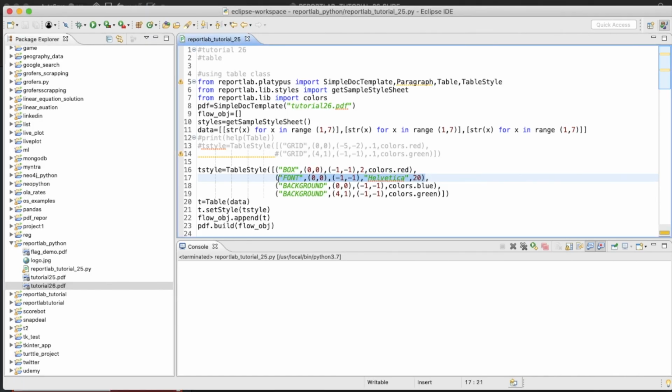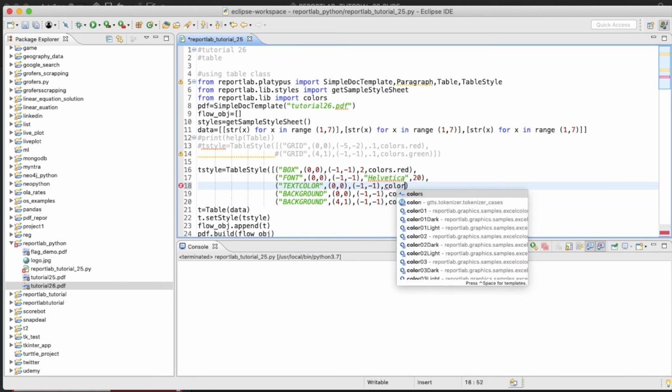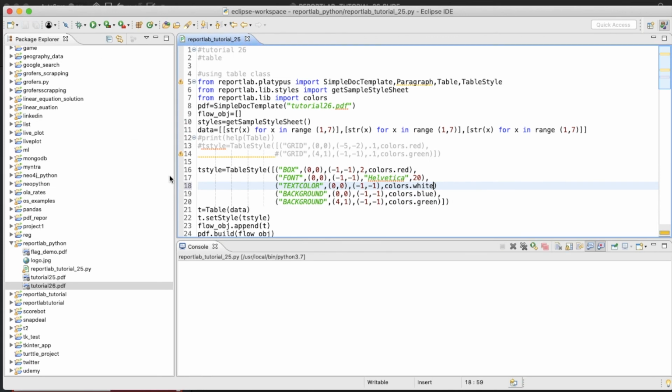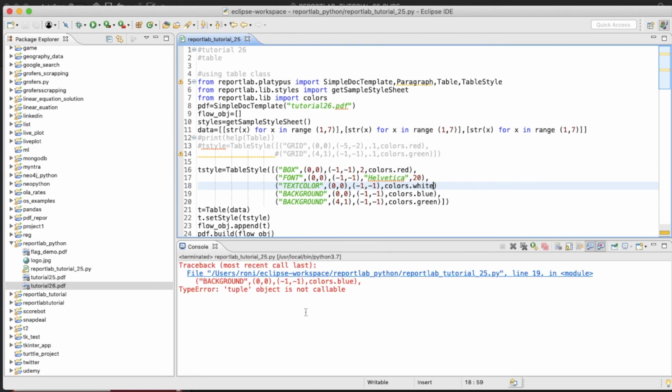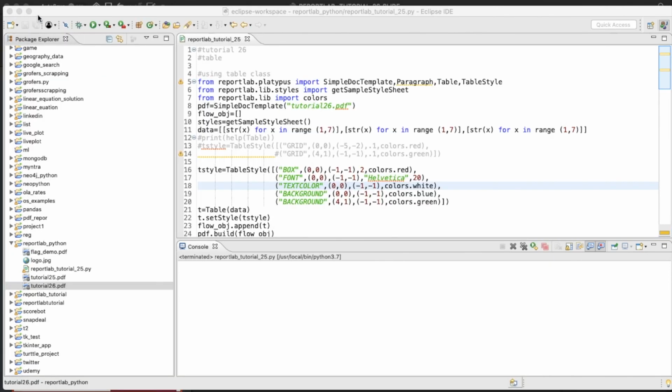We actually don't need this thing, and let's say something, probably I have with... not sure. Let's try this thing. Text color, whole, and probably here I can write something. Colors dot white. I'm not sure whether this is going to work, but just give it a try. I just forgot this comma. Okay, it's working. So guys, for font we need to use this font, this thing, and for